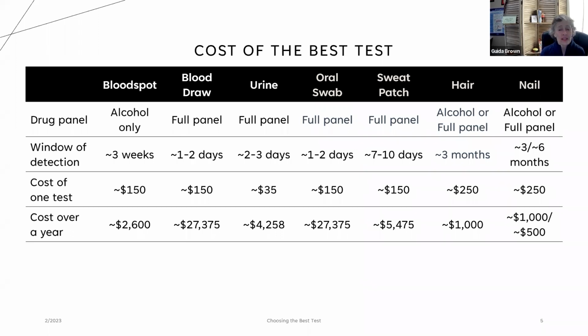So what's really important to know is who we're testing. What are we testing for? What information do we want to know for this person? And how far back do we want to look? Again, if we only care about whether or not somebody used yesterday, that urine test is golden. It is. But if we're trying to help somebody stay in recovery and not penalize them for a disease that we say we believe they have, then we have to choose better tests.